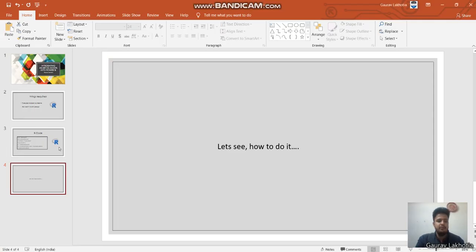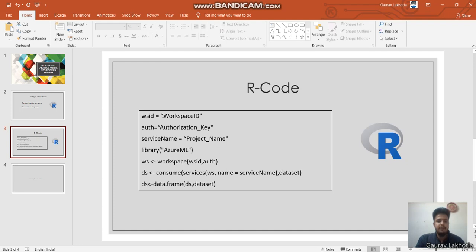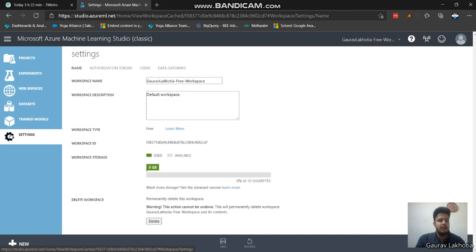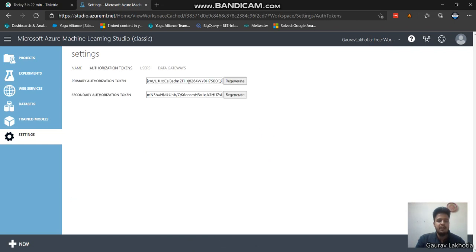So let me show you the code. This is the workspace ID, and this one is the authorization key, and third one is the project name. So let's get back to here, and I will show you from where you can get this. This one is workspace ID. You just have to copy it and paste it over in the code, and you can find the authorization key here.